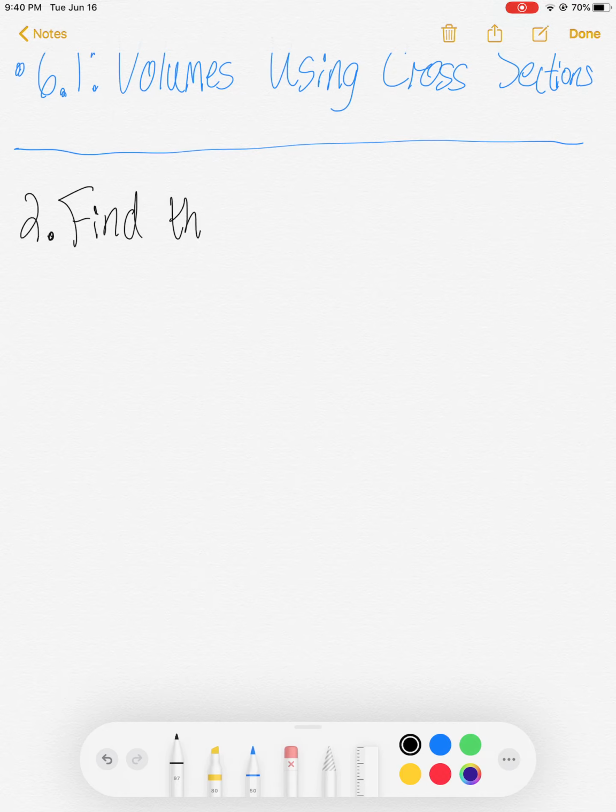These problems, just looking at all of the homework problems, look quite similar. So my hope is that by watching just a couple of them here, you will be in excellent shape to tackle the rest. So problem 2 is what we're going to start with. Find the volume of the solid